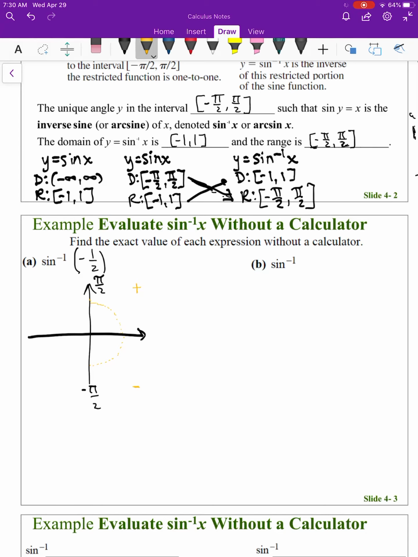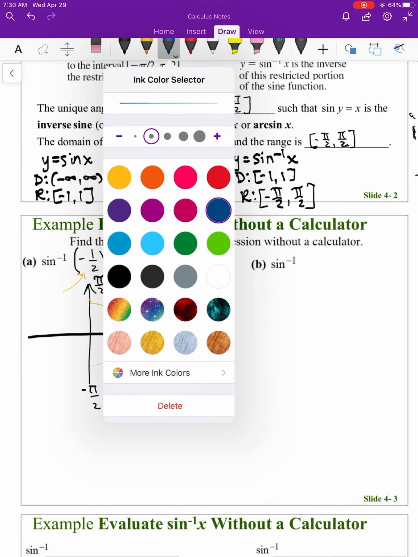to lie either from 0 to pi over 2, if it was a positive, and I'm talking about if this ratio is positive, you're going to go to the first quadrant. If that ratio is negative, you're going to go to the fourth quadrant. And again, if your ratio is negative, your answer will end up being somewhere between that 0 and negative pi over 2. All right, so now